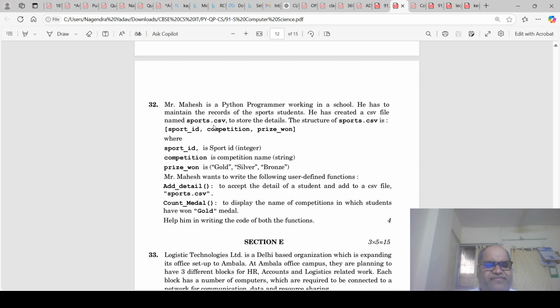So see, for example, this question number 32. We'll spend some time on this, and we'll definitely be covering it. If you are going through this video right now, you may try to code it and see what kind of output you get, and we'll definitely attempt it in one of our subsequent videos. So just to read through it,